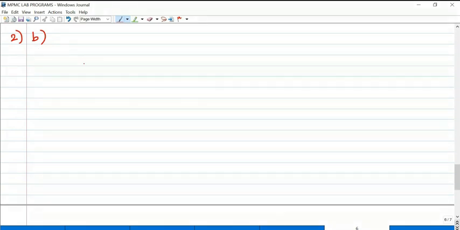So in the objective I have given, write a C program to toggle the pin P1.5. Port 1 fifth pin must be continuously toggled for every 50 millisecond. For every 50 millisecond, P1.5 should be toggled.